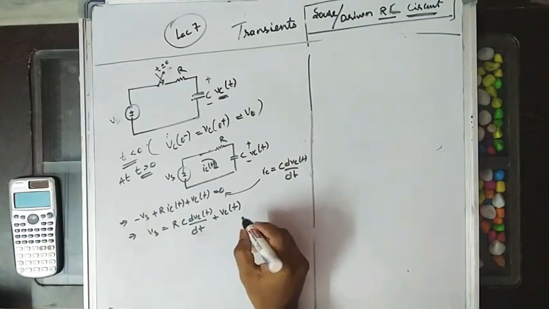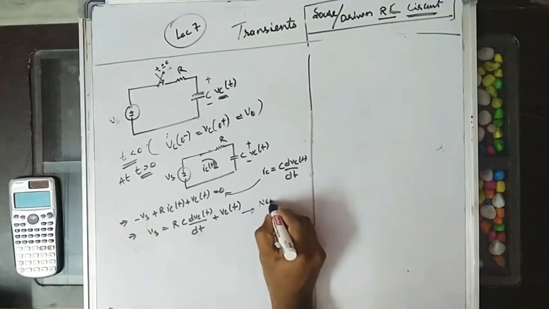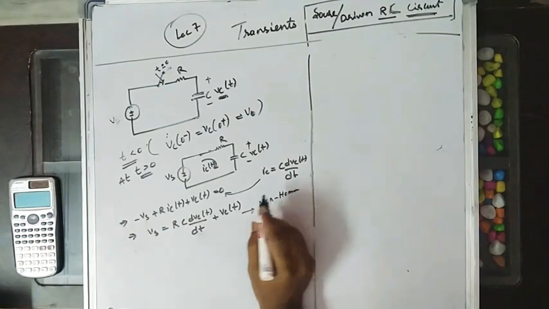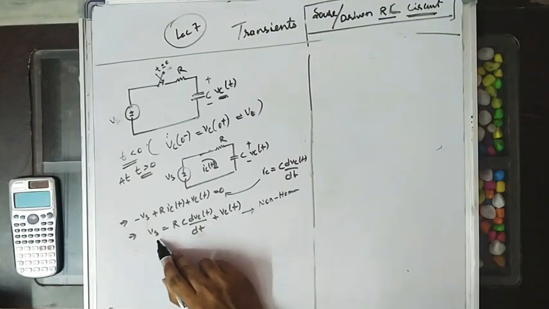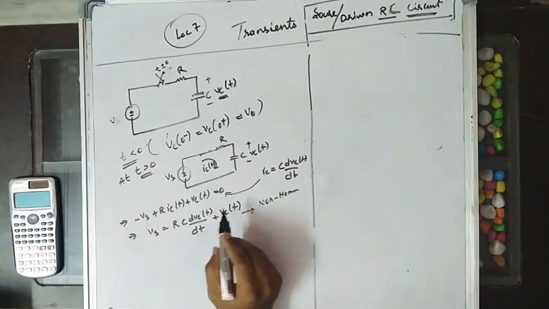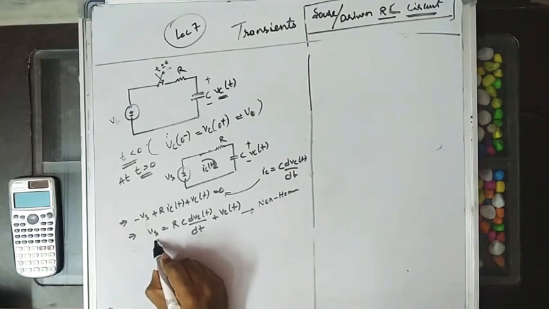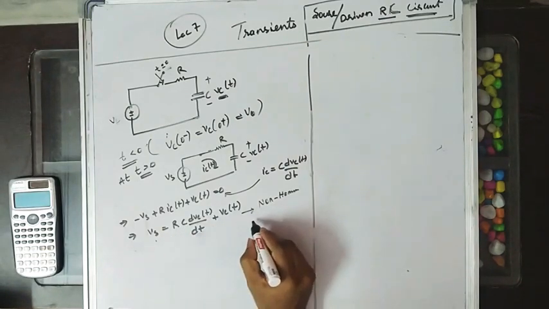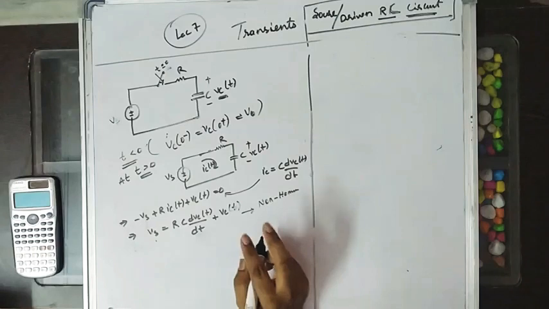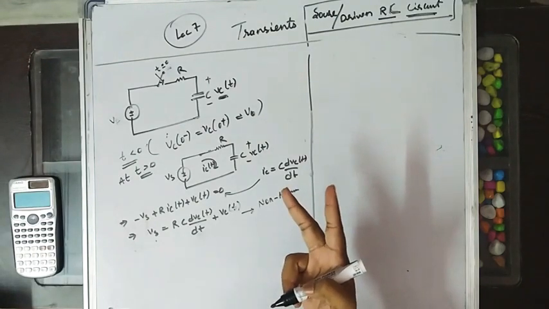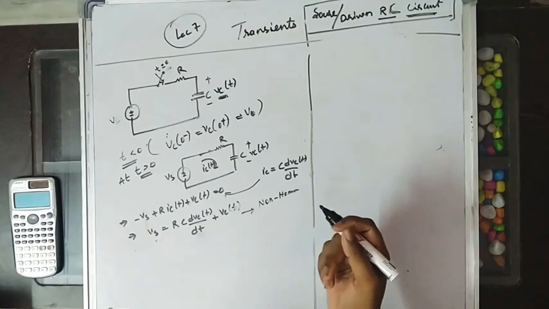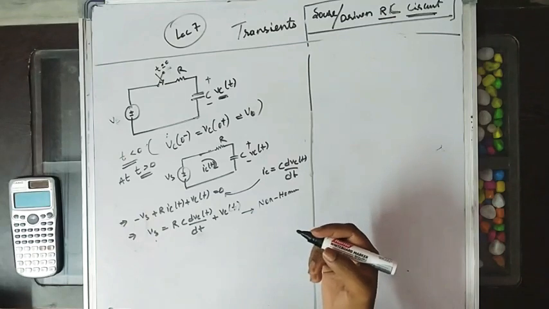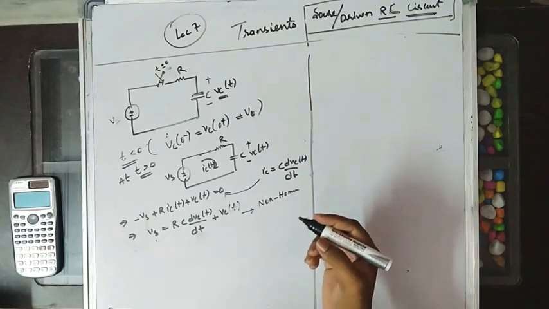If you observe carefully, this is a non-homogeneous equation. That is, a first-order differential equation having a source that is constant here. In the homogeneous case this becomes 0. In the non-homogeneous case we have this constant value. The voltage across the capacitor, Vc, now will have two responses: the natural response and the forced response. In mathematics, you call the natural response the complementary solution and the source response the particular solution. So we will find the two responses here.